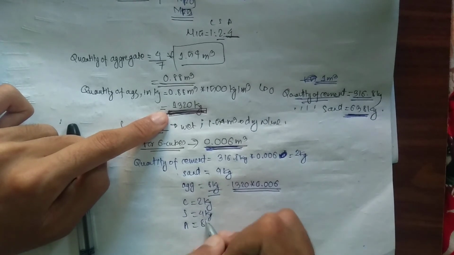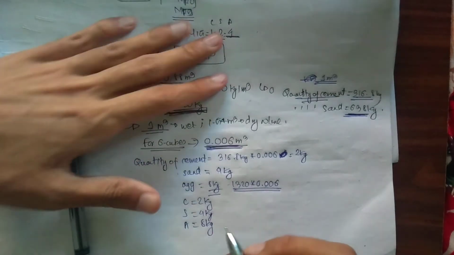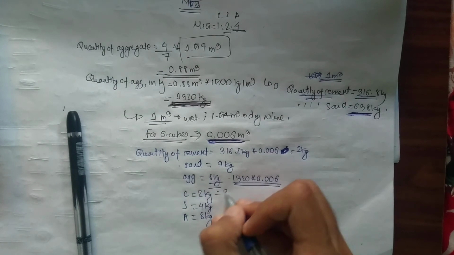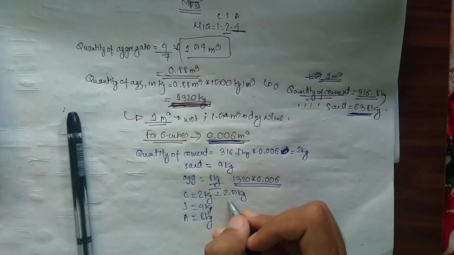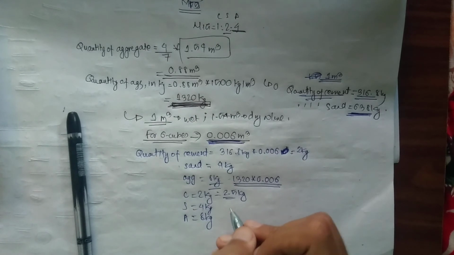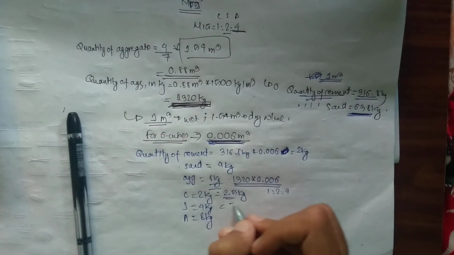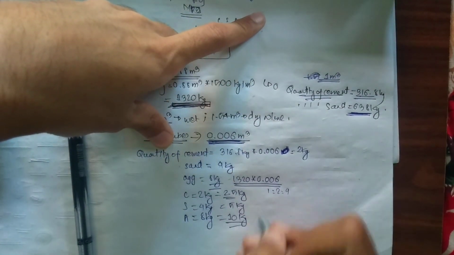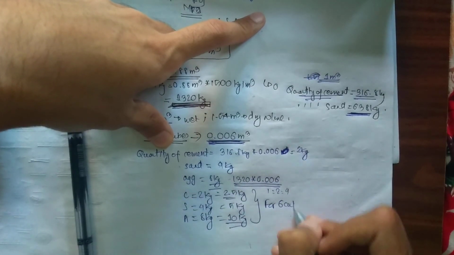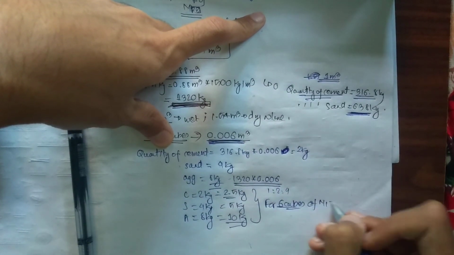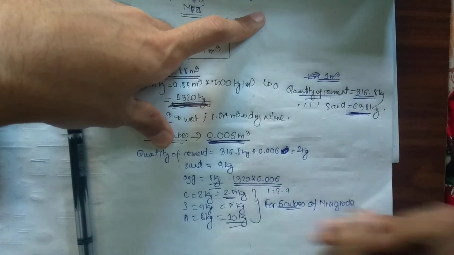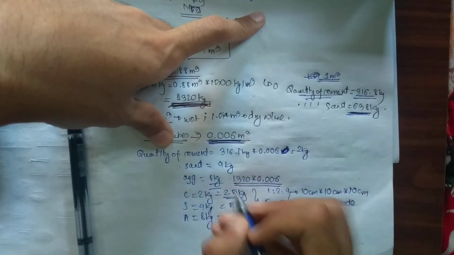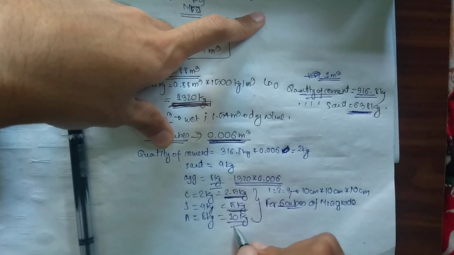So the quantity of cement, sand and aggregate is 2 kg, 4 kg, and 8 kg. But for a practical approach, it is better to increase the amount by a bit, because there might be some loss. So right now I'll be taking 2.5 kg cement. In the ratio of 1:2:4, I'll have to take 5 kg of sand, and about 10 kg of aggregate. So for 6 cubes of M15 grade concrete, where the cubes have dimensions of 10 cm by 10 cm by 10 cm, I'll require 2.5 kg cement, 5 kg sand, and 10 kg aggregate.